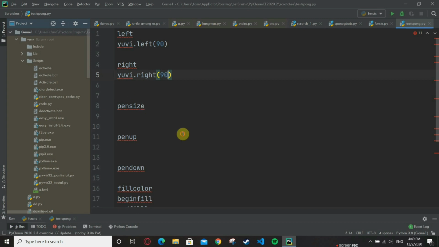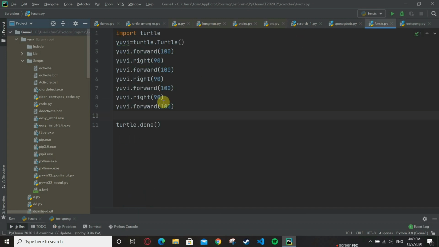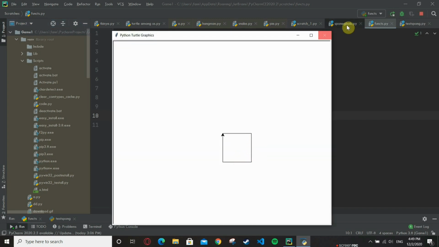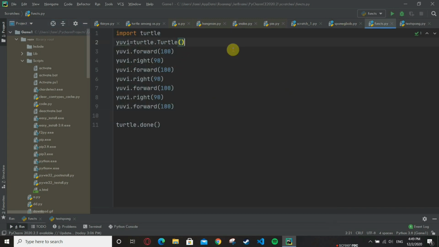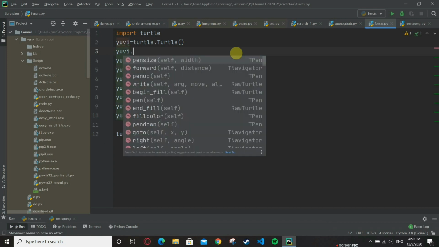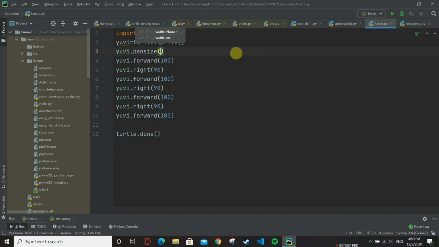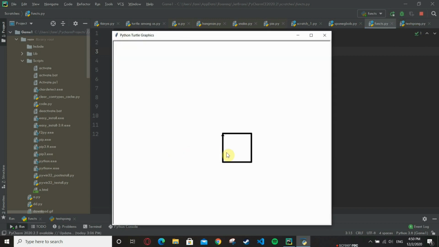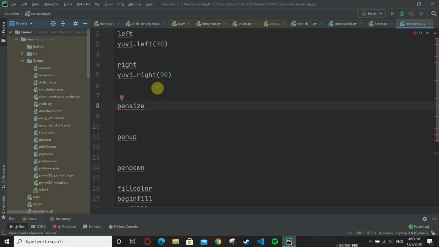Then there comes the function uv.pensize. So what does pen size mean? It basically increases or decreases the size of the pen. Let me show you how. Here you can see a thin line is drawn, right? What if I want to increase the thickness? I'll simply write uv.pensize, let's suppose a pen size of 5. See what happens when I click on the run button. You can see it's a thick line over here. So this is how we can increase the thickness of the line. Pen size is for that. You can pass the size.